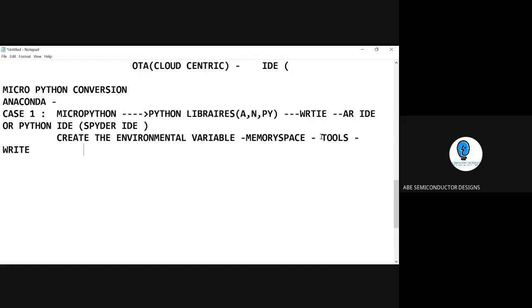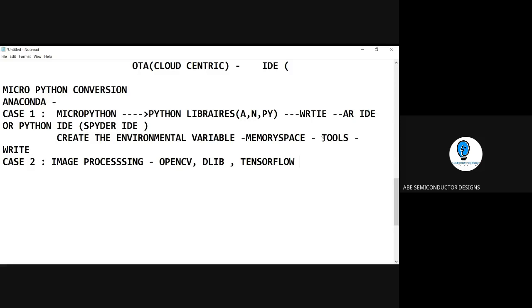The second case is similar. When you are working on an image processing based application, think of the tools required, OpenCV or Dlib, whatever the case. If you want any kind of machine learning or deep learning, TensorFlow has to be installed. These are the tools which are required.